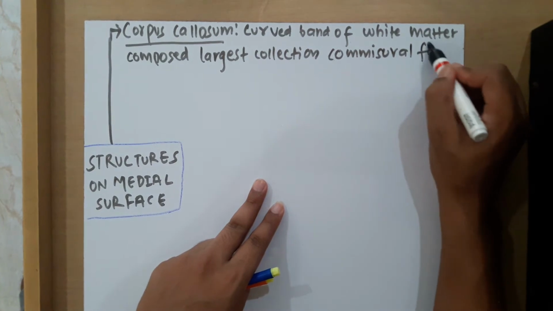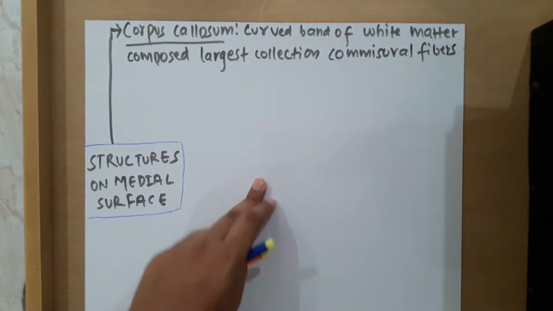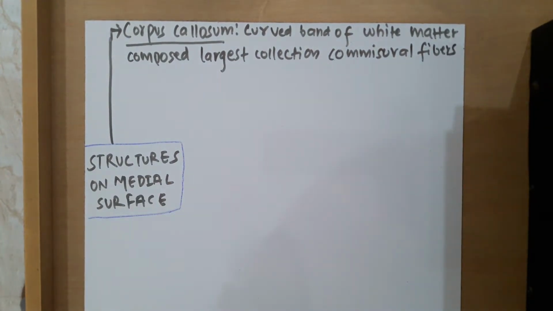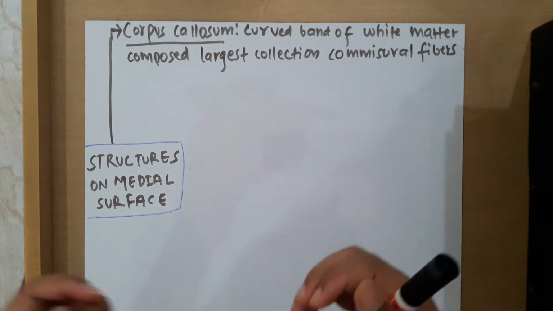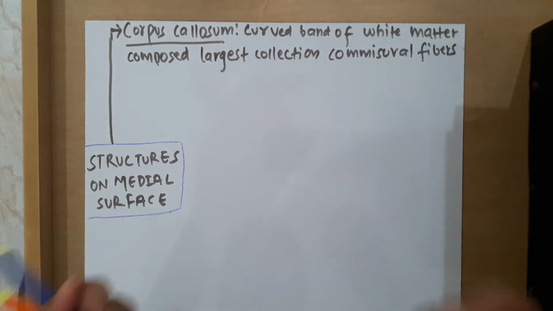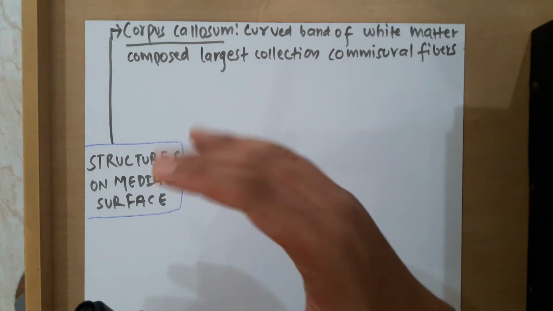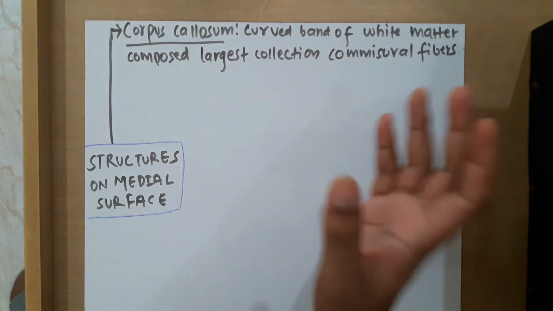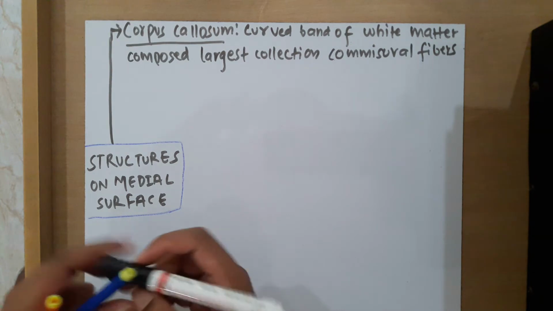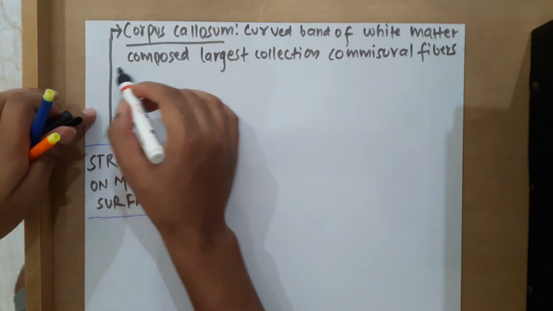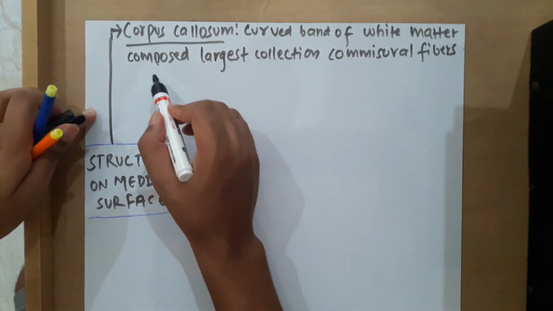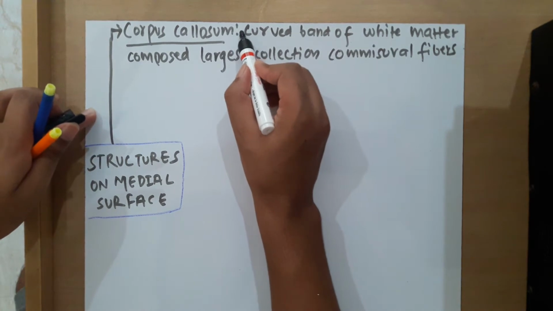Okay, and as we all know it connects the two cerebral hemispheres, and it presents four parts. We discussed this in the previous video while discussing sulci and gyri. So it is just a revision: it presents four parts from posterior to anterior, that are splenium, trunk or the body, then genu and the rostrum. So I highlight over here corpus callosum. Okay, this was the first point.